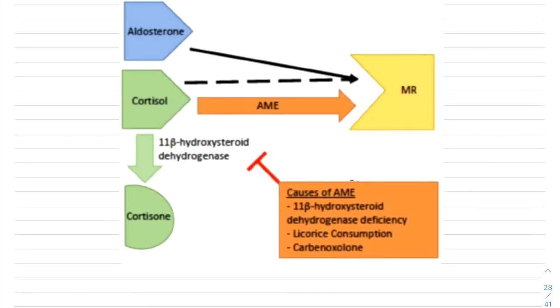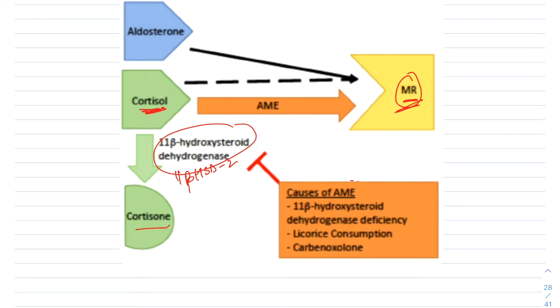So this is the aldosterone that is acting on the mineralocorticoid receptor. The cortisol also exerts action on the mineralocorticoid receptor. But this cortisol, which has an action on the mineralocorticoid receptor, is deactivated by the enzyme 11 beta hydroxysteroid dehydrogenase type 2 into cortisone. So this deactivation allows no action on the mineralocorticoid receptor, and thus excessive activation of the mineralocorticoid receptor is